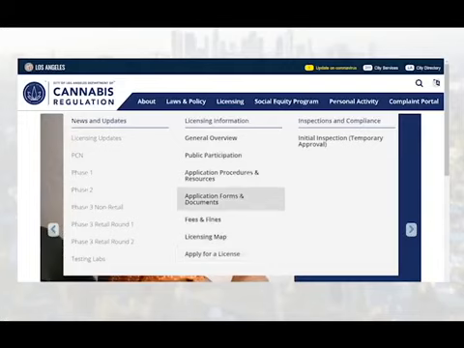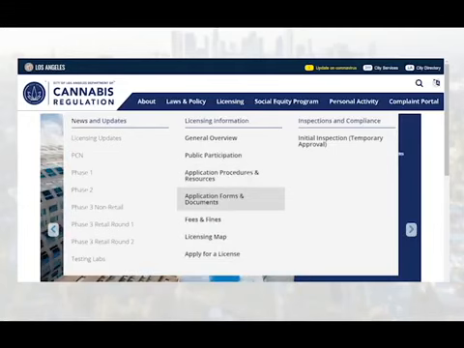for a license page. Today, I will briefly preview both the application procedures and resources page and the application forms and documents page.